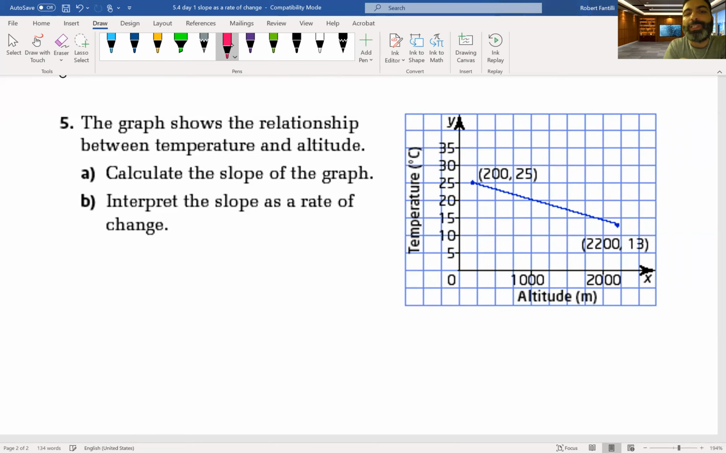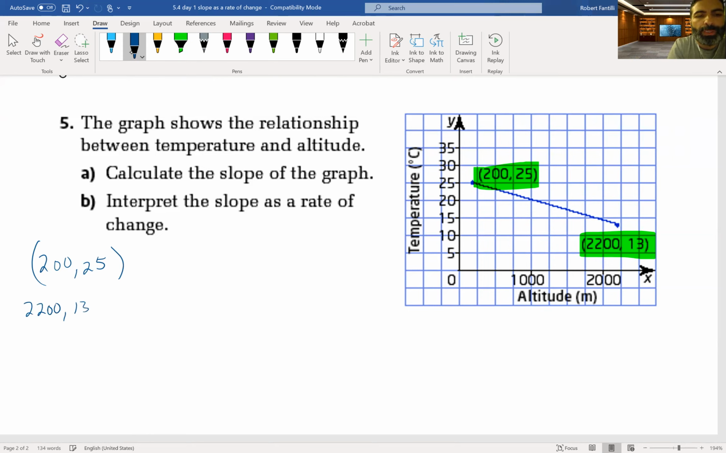So this is saying calculate the slope of the graph. No problem. We're given 2 coordinates, 2, 25 and 2200, 13. So I'm going to write those coordinates. I like to write those over here where I'm doing my work. Now that's just me. I don't like to look back and forth across the page. So I'll write that one here, and I'll write this one here. Okay, so I know this to calculate slope,